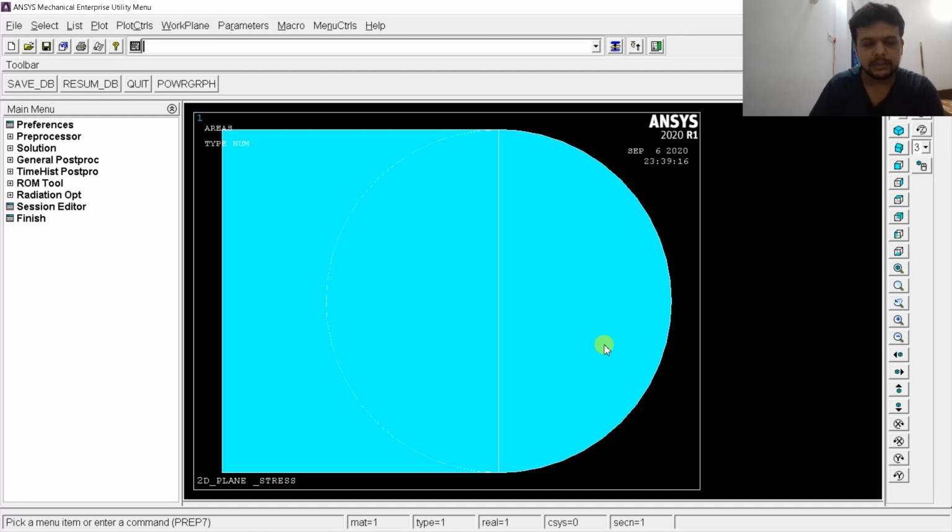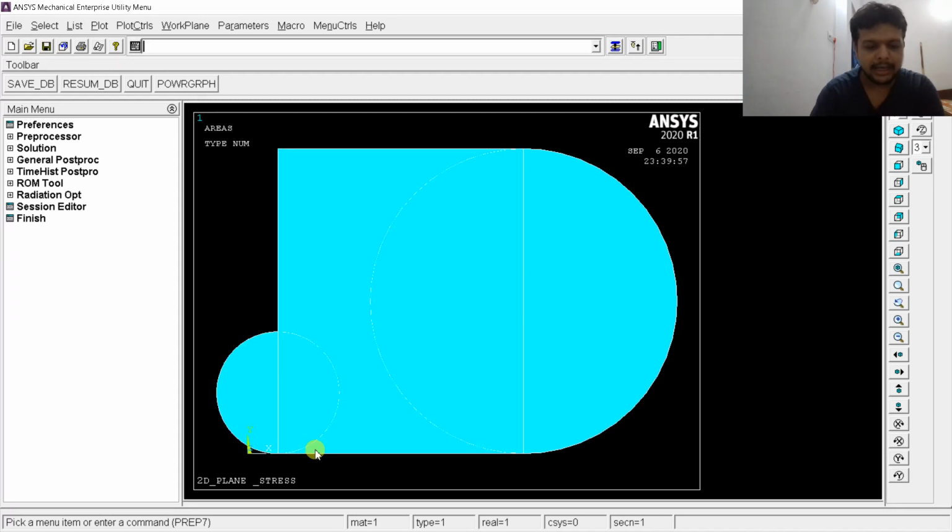Press enter. Now again I will draw two circles, one at this place, second at this place. Diameter I will take as 20 units and the x coordinate at this line is 10 units. For the y coordinate, the first circle I will draw 20 units above this horizontal line and the other 20 units below, meaning its y coordinate will be 80 and the other's y coordinate will be 20. So let us draw the circle at the lower position. Use CYL4, comma, x coordinate 10 units, y coordinate 20 units, and the radius would be 20 units. It will draw a circle at the lower position.